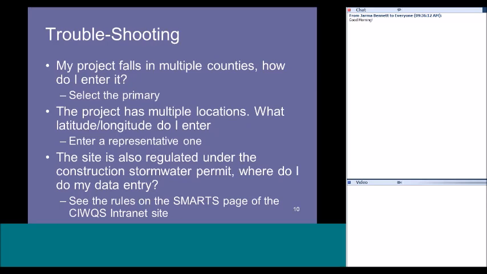We have these rules written down on the SMARTS page of the CWIC intranet, but basically, if you do an inspection that checks compliance with both the stormwater construction permit and your certification, you would put inspection records in both systems. If you find violations of both the construction stormwater permit and your certification, you would put violation records in both systems. However, if you write an enforcement action that references both of those violations, you have to pick at that point